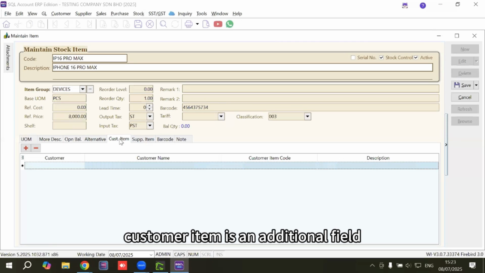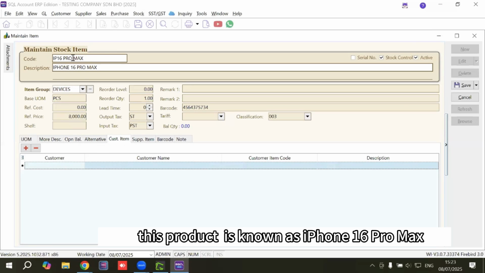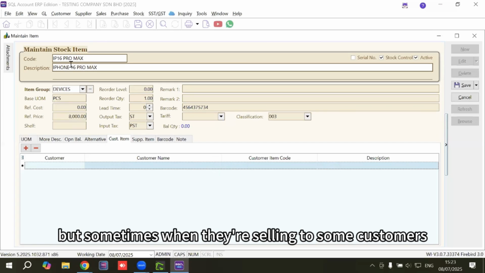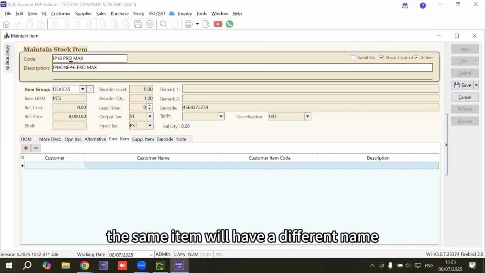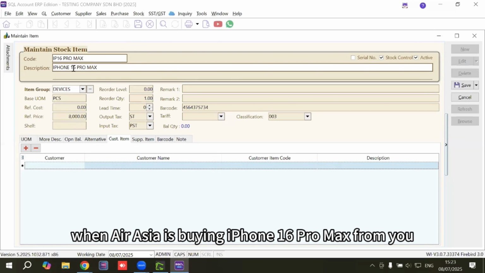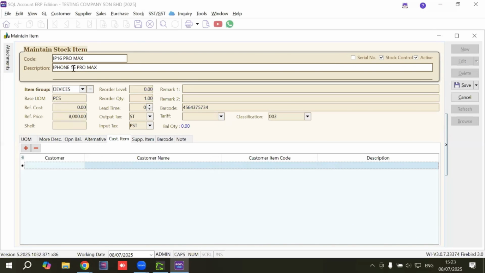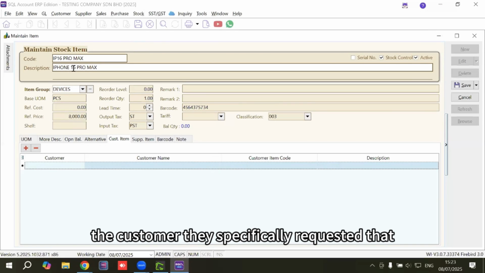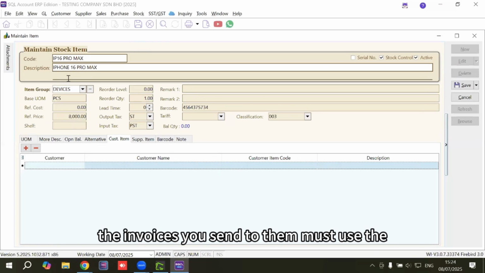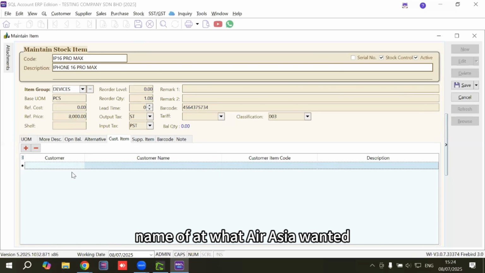Customer item is an additional field. It means that, for example, this product is known as iPhone 16 Pro Max. But sometimes when selling to some customers, the same item will have a different name under your customer. So let's say today, when AirAsia is buying iPhone 16 Pro Max from you, they specifically requested